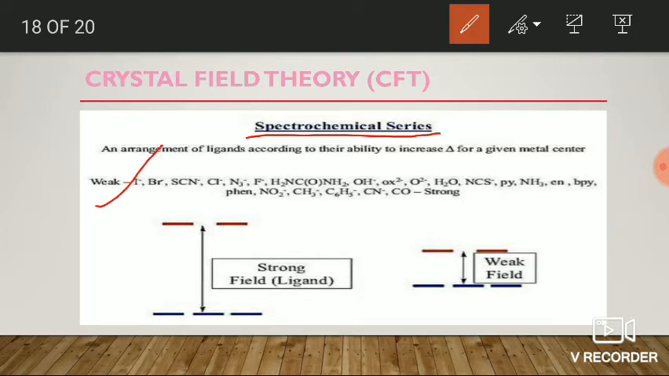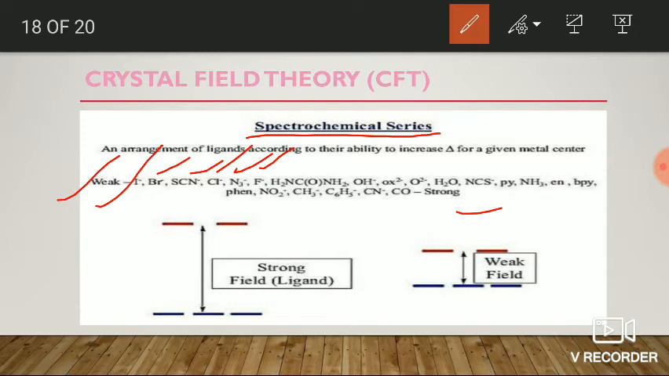Here, the left side is weak ligands and the right side is strong, that is, it is in increasing order of the field strength of the ligand. The weak ligands: first one is iodide, next bromide, next thiocyanate, chloride, azide, fluoride, then